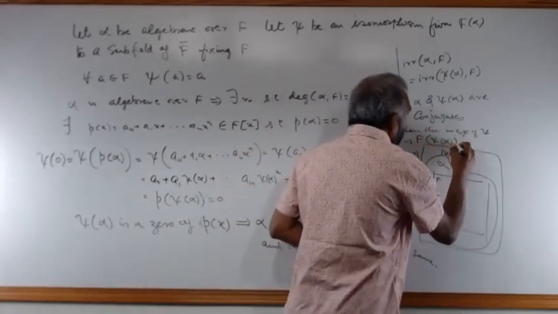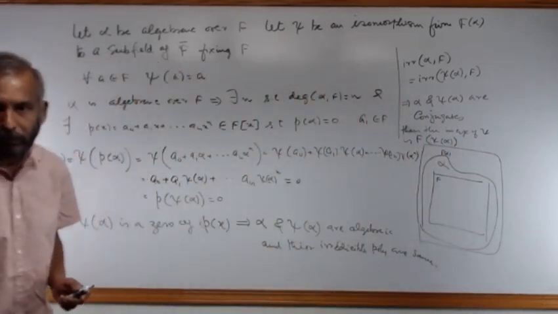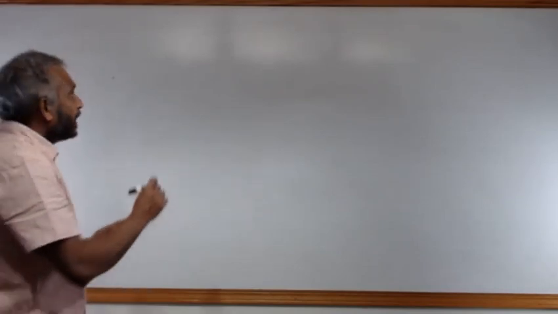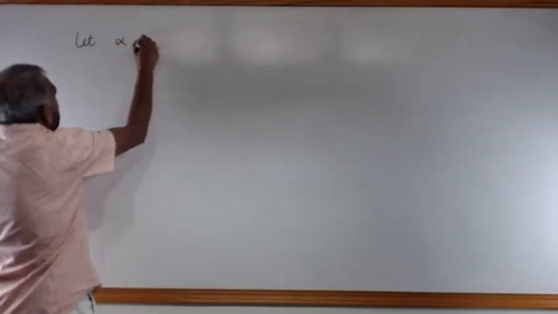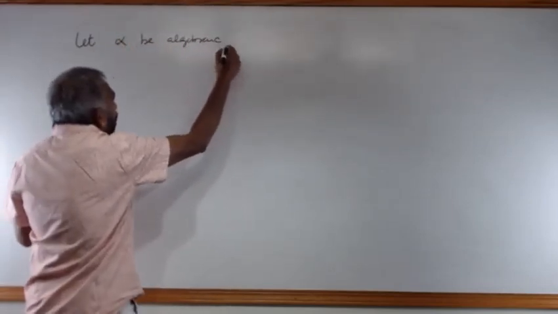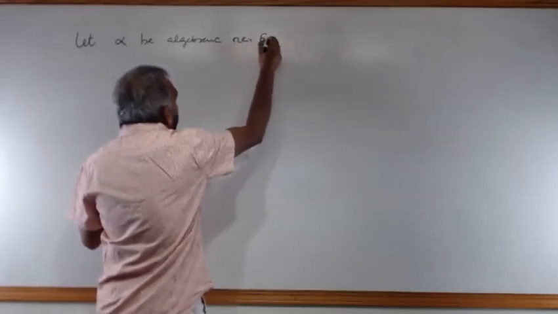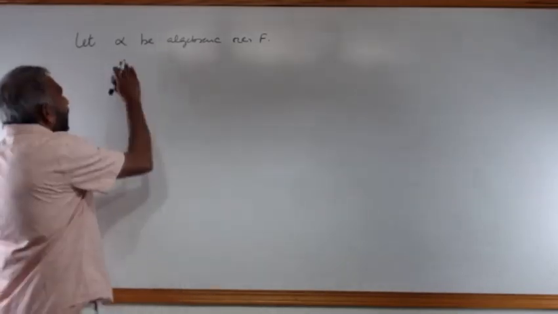It's a simple extension of the conjugate of f. Now let us assume alpha be algebraic over F. So alpha can have